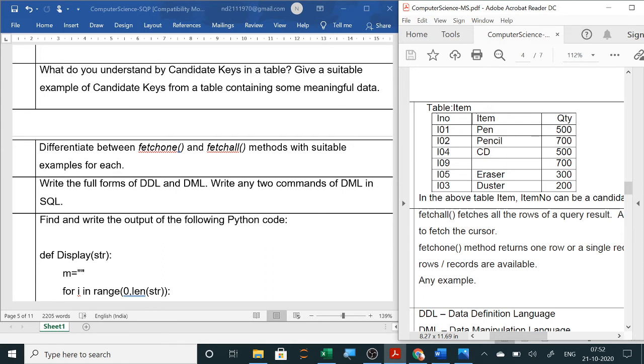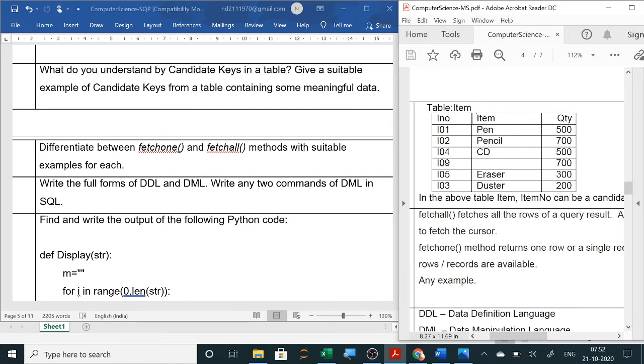Next question is, you can have many candidate keys. Suppose in your class all the students are having unique admission number, unique roll number, unique name, unique address, unique means all are from different families, so they are having different address, different phone number. So anyone you can make primary key. So all are candidates to become primary key and all are having values. There should not be any null value. But normally we are using roll number or admission number. It is easy for us to search. So any example you can write here.